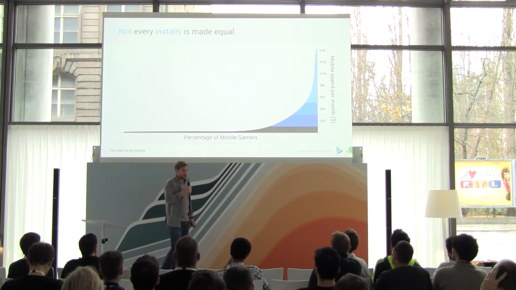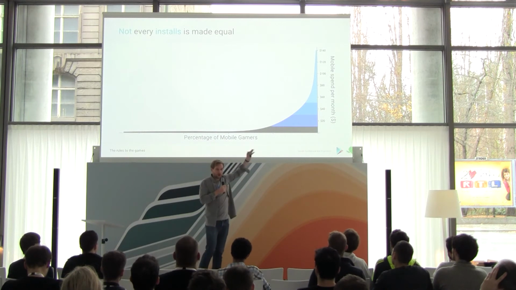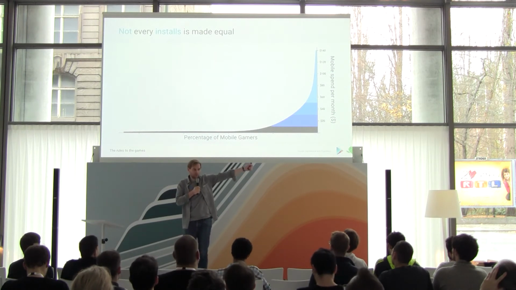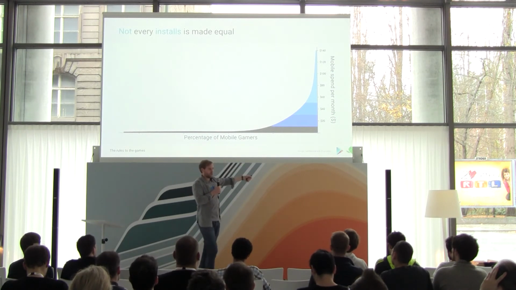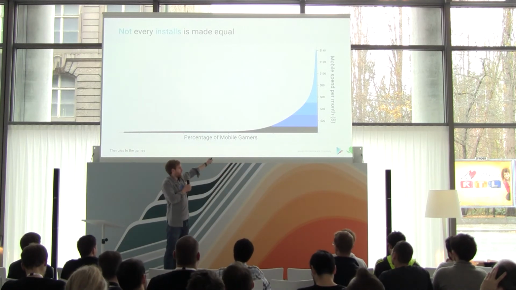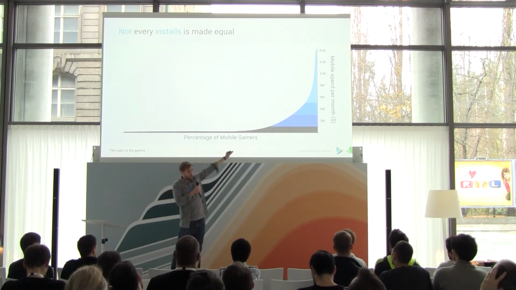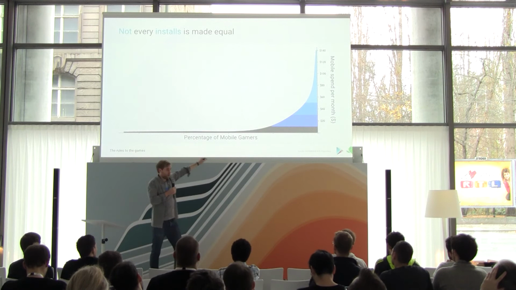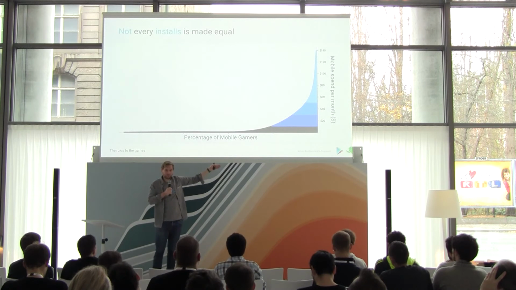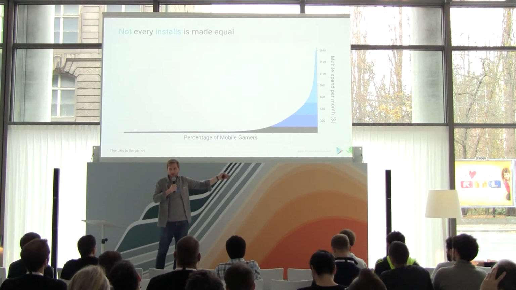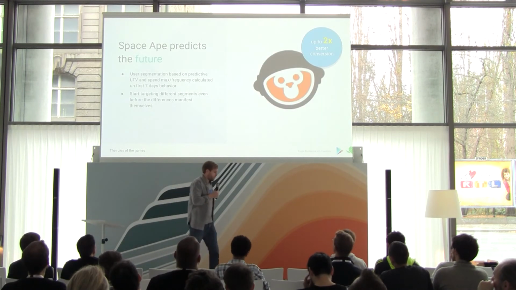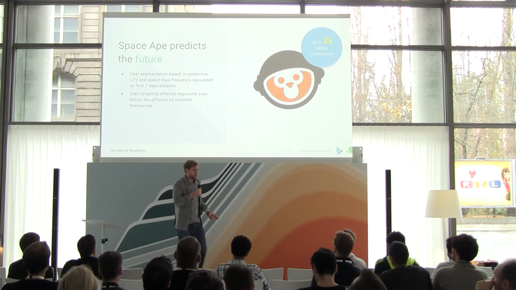No matter how good your game is, this is the same for everybody, right? If you're one person coding somewhere here in Friedrichshain, making a really small game for a couple of thousand users, or if you're the Kingdom Come of this world, or an app developer that's trying to sell something, you'll always have some users, hopefully, that spend a lot of money, and then you always have a large percentage of gamers that will never spend money. It's just a fact. No matter what you do, it's always going to be like that. What do smart game developers do about this?